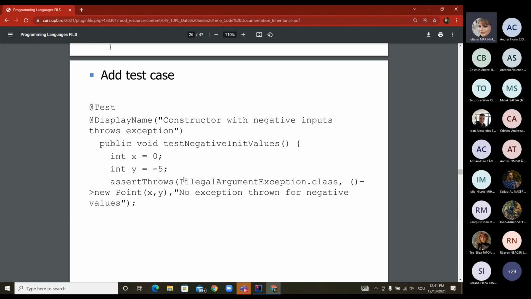Also, what you can do is to add another test case. And this one is marked by @Test. Then for the display name, you need to say what it does exactly. So here you will have a constructor with negative inputs. So you will have the public void method, inside which you've got x equal to 0 and y equal to -5. Then what you will have here is to assertThrows that you've got an IllegalArgumentException class for those